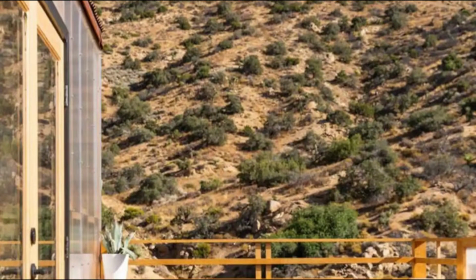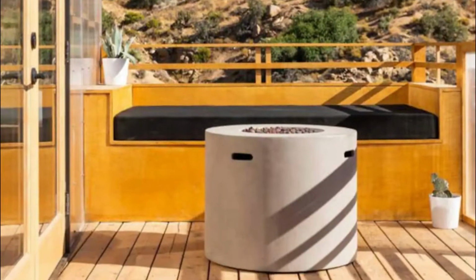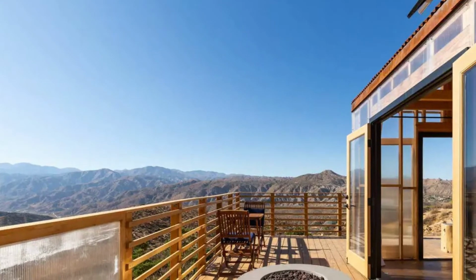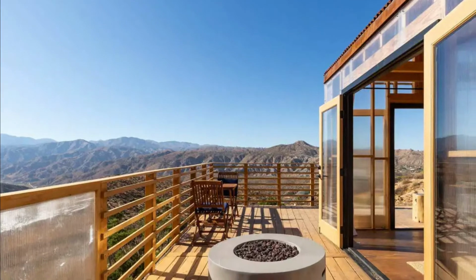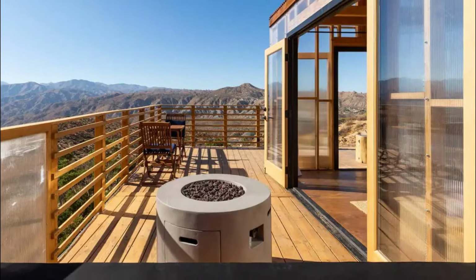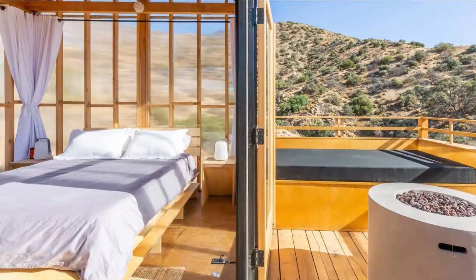The detached kitchen and full bathroom are just yards away. It is one of 3 other short-term rentals on the property. Made out of corten steel and polycarbonate, this cabin is unlike anything you have stayed in. It comes with a detached full bathroom with hot water, a kitchen with stove, sink, all types of cooking equipment